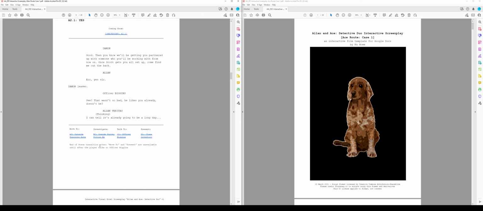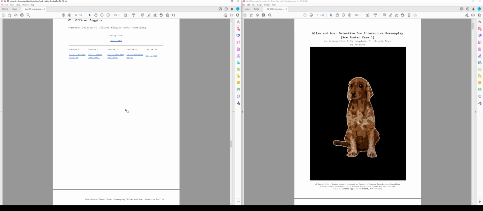You'll see that sometimes the scenes will have transition notes, which are typically explaining how small parts of the game would function, such as transitions between locations or how gameplay mechanics would work and when they would be available. So here we're saying that a couple of options are disabled until we've talked to this character, Officer Biggins, and after we've talked to him,